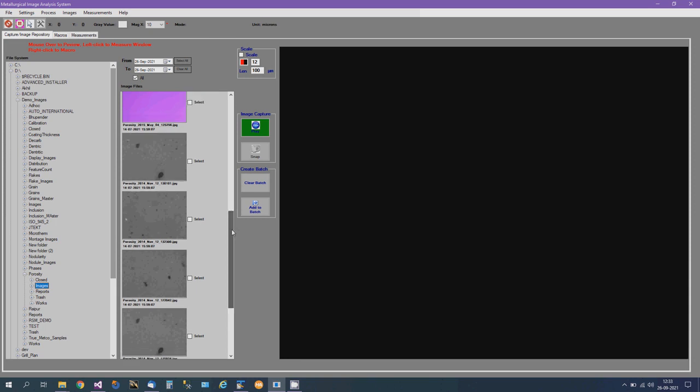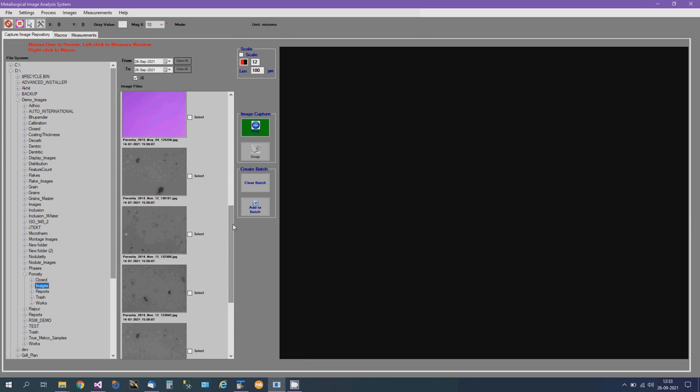As mentioned earlier, for any analysis, you first need to capture the image. How to capture an image has already been covered in the previous video. If you need any clarifications, please see that video again and come here. Here we assume that we have already captured our images, using a magnification of 10x on the microscope.